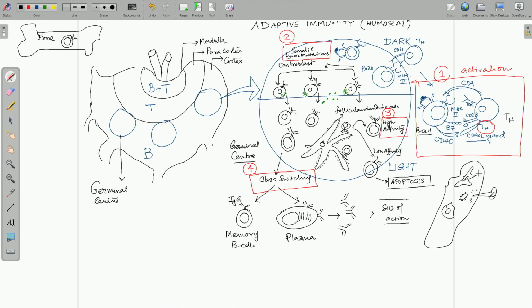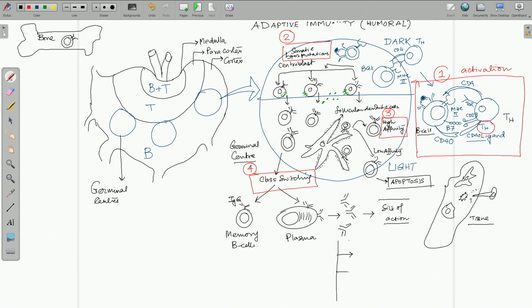So, now these antibodies being produced from the plasma cell will go to the site of action, or the site of inflammation, and they usually mediate